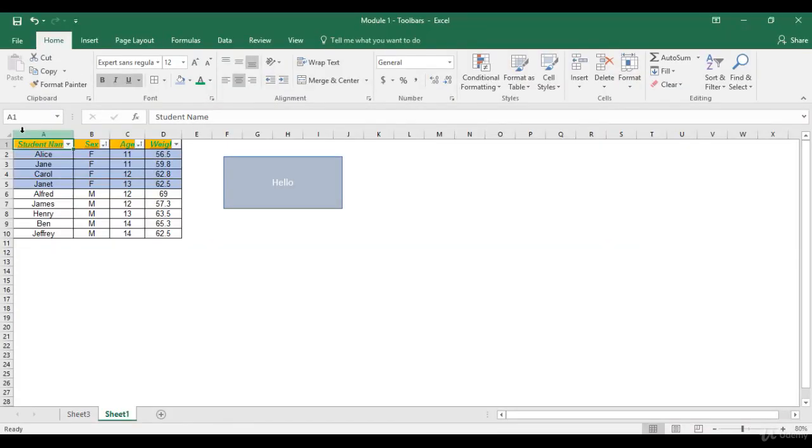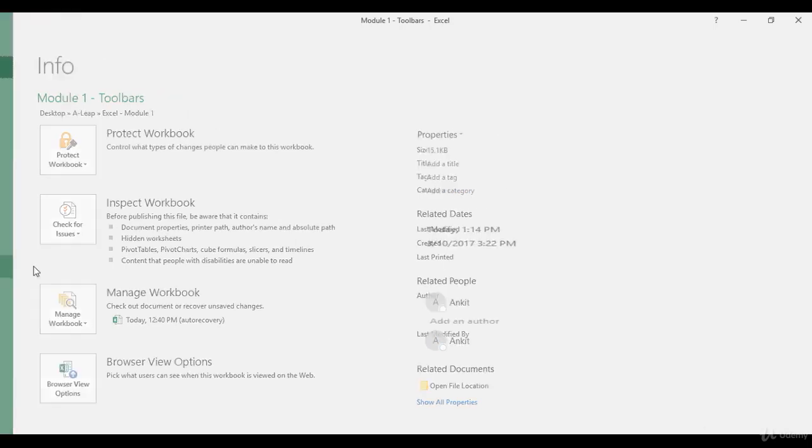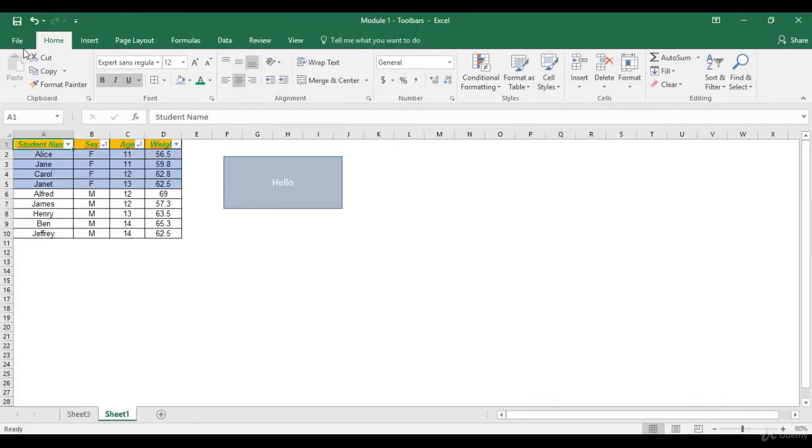You can save an Excel file. Shortcut to this is Control plus S. If it's a new file which you have never saved before, then you can save it as whatever you want. You can give a command to print something, which you can also do from the layout. And then you can also close the file. But for closing the file, rather than going to the file command again and again, you can also close it from here.